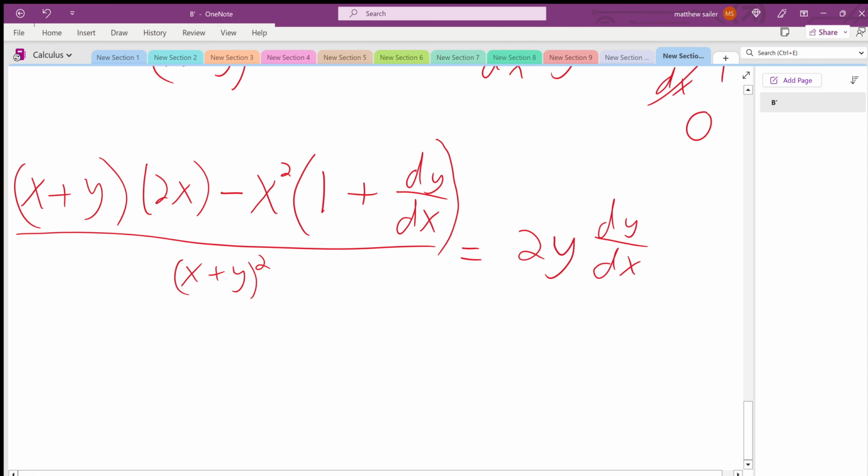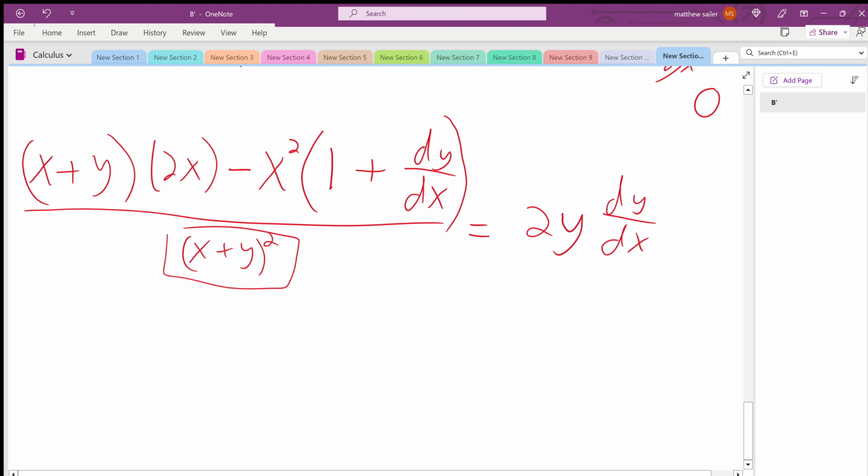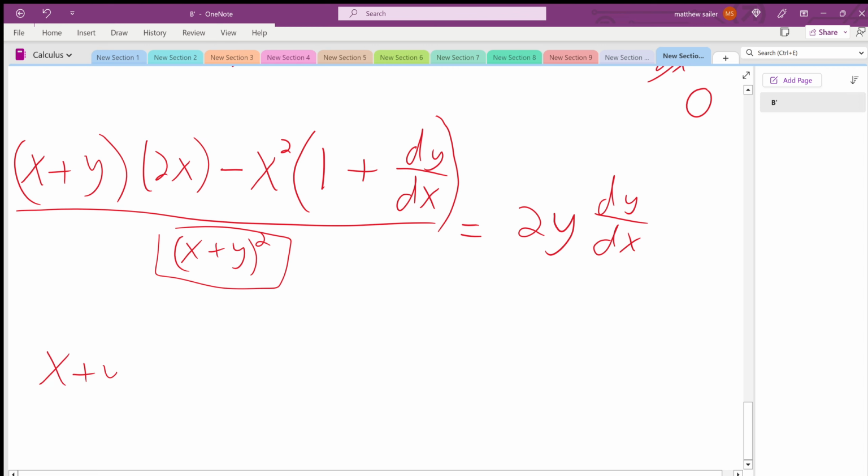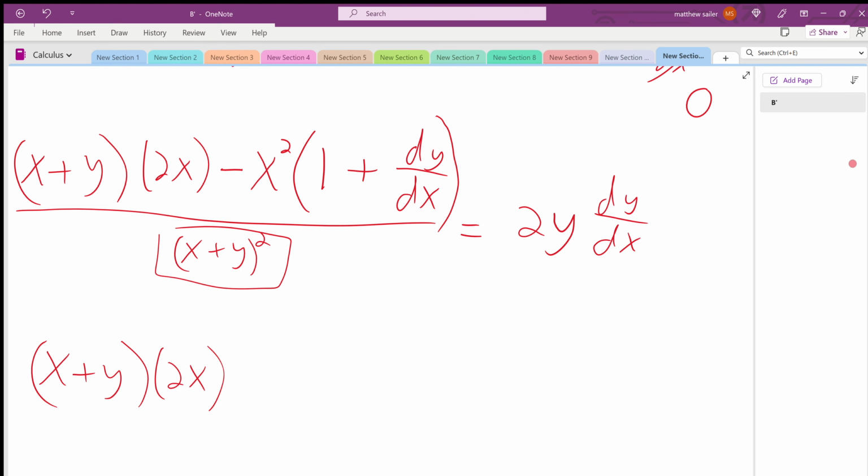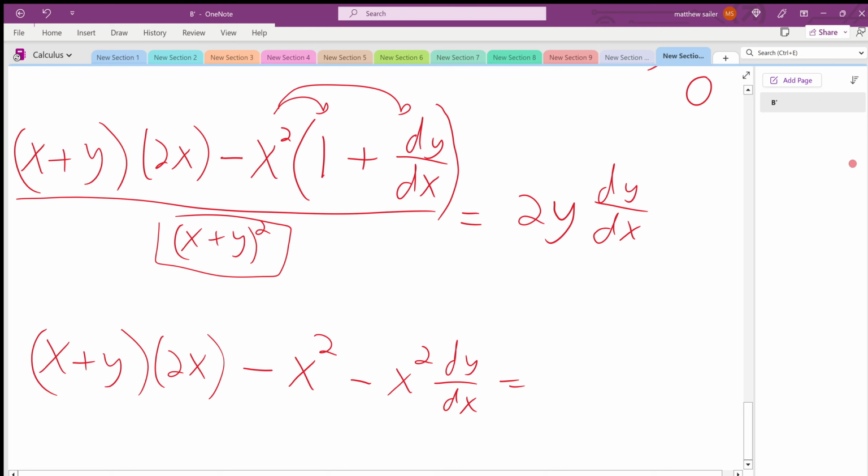Alright, and now we can try to separate the dy and the dx. So how I'm going to do this, I'm going to first multiply both sides by this bottom piece here, so that we don't have any fractions. So when we do that, we get the top part of this fraction minus, I'm going to actually distribute this x squared as well, minus x squared dy dx equals 2y x plus y